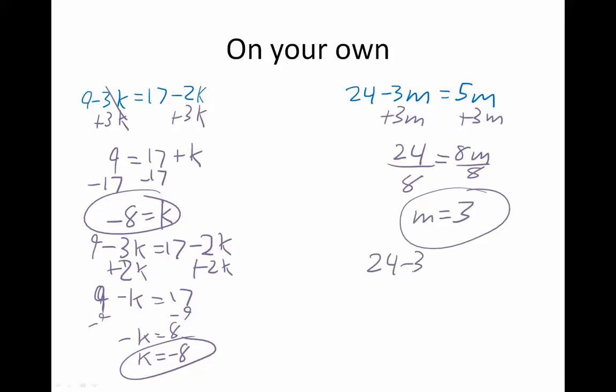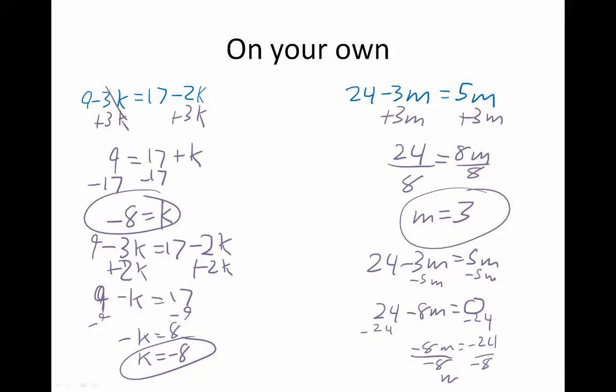And again, just for funsies, let's do it the other way, right? I'm going to subtract 5m from both sides. That's going to give me 24 minus 8m equals 0, right? Because there's a 0 over there since I subtracted everything away. Then I got to move the negative 24 over, subtracting 24. And then I got to divide by negative 8. And notice that when I do that, I get m equals 3. Same thing, right? So it works no matter which way you do it, as long as you do the moves